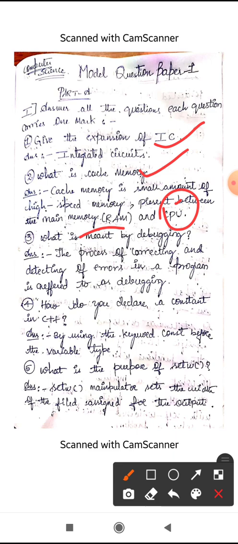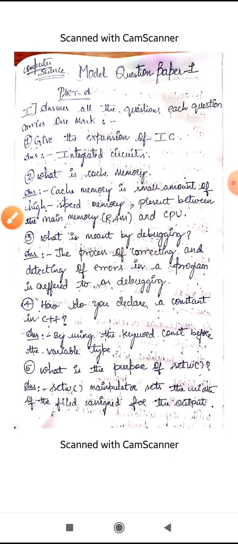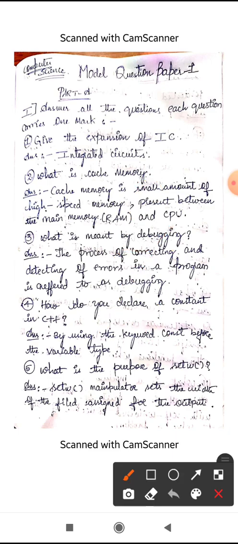Okay. So in cache memory you will have two things: one is L1, another one is L2. L1 cache memory will be there, L2 cache memory will be there. Where is this L1 cache memory present? L1 cache memory is present on the microprocessor.